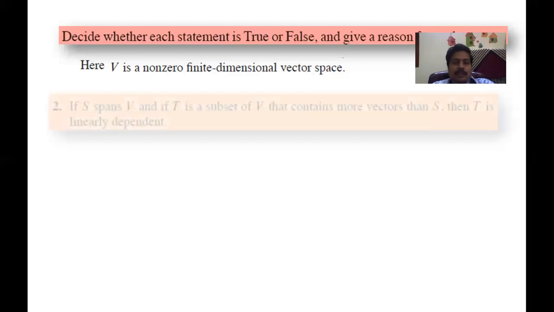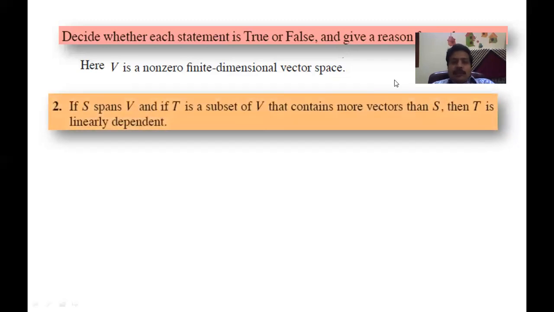So this is another statement. If S spans V and if T is a subset of V that contains more vectors than S, then T is linearly dependent. The set S spans V and T is a subset that contains more vectors than S, then T is linearly dependent. So this statement is true